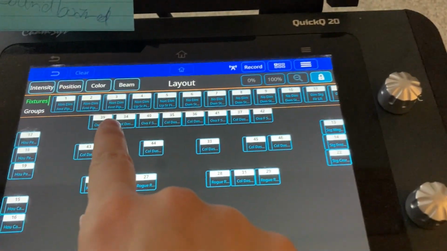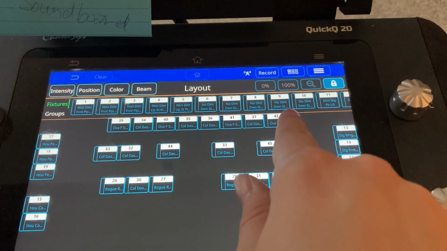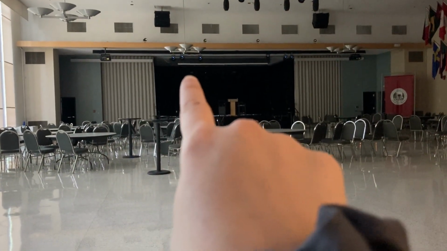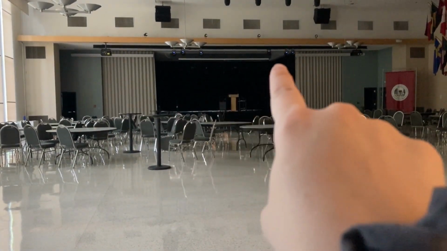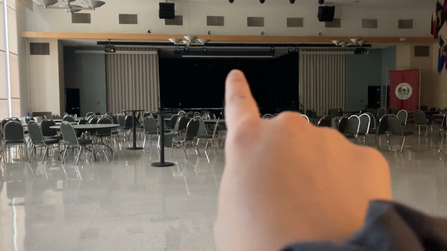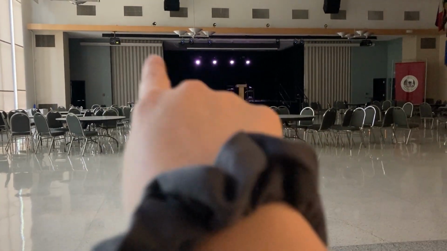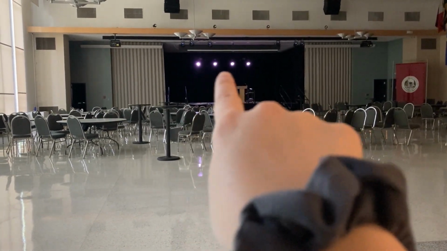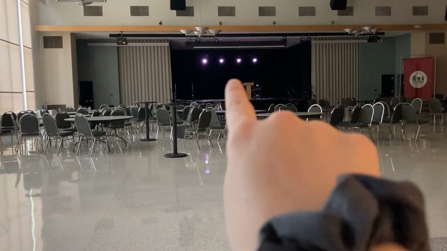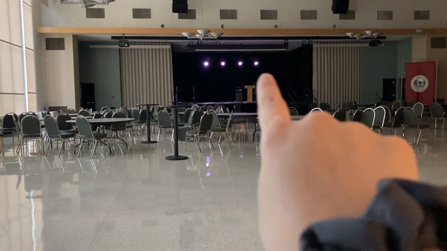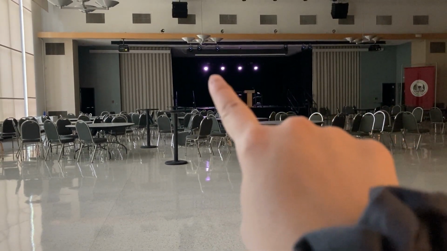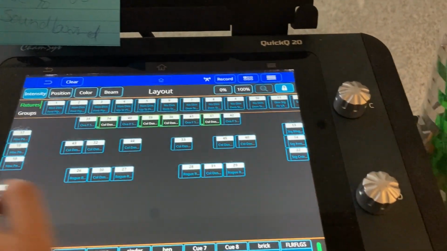And then last bar, these lights right here, can't really see it, but they're the ones that are on the stage at the very back of the stage. So you'll see them if I were to light them up. You see those 4 lights right there? There's 4 other lights right up there with those, but that is where that bar of lights is, and it corresponds to these lights here.